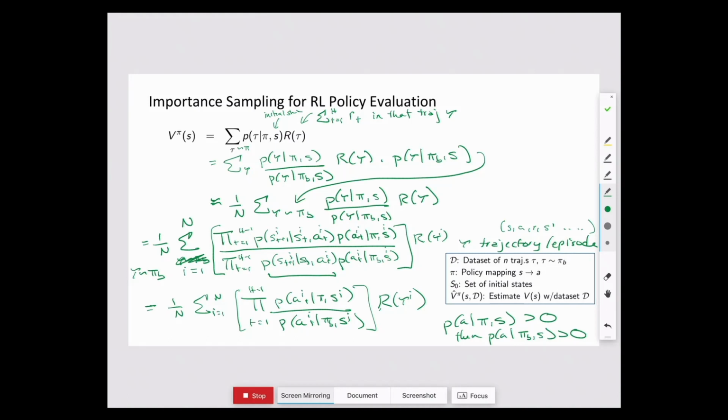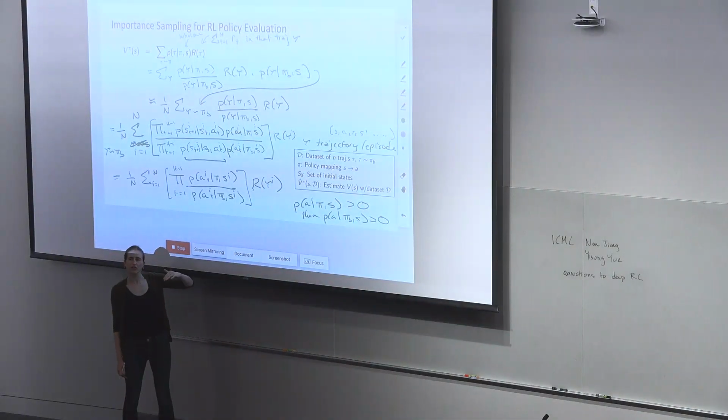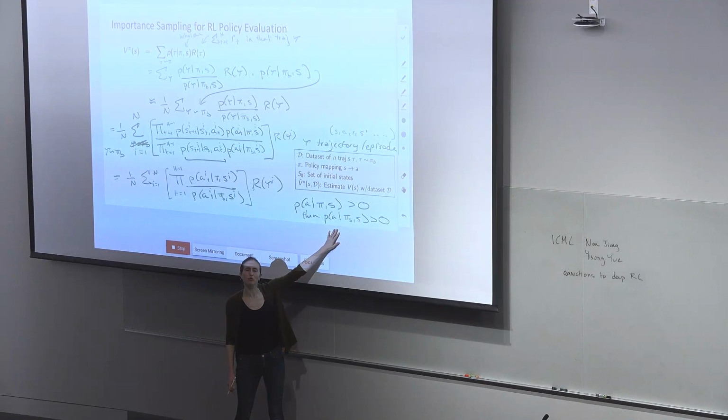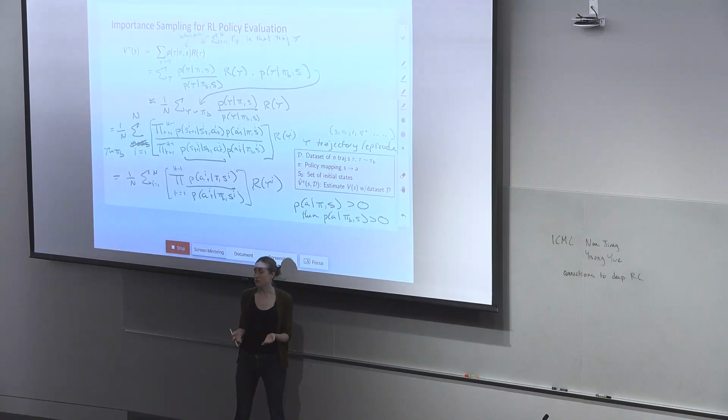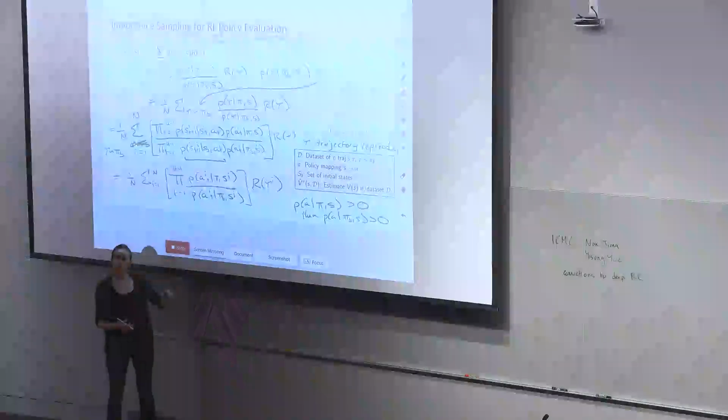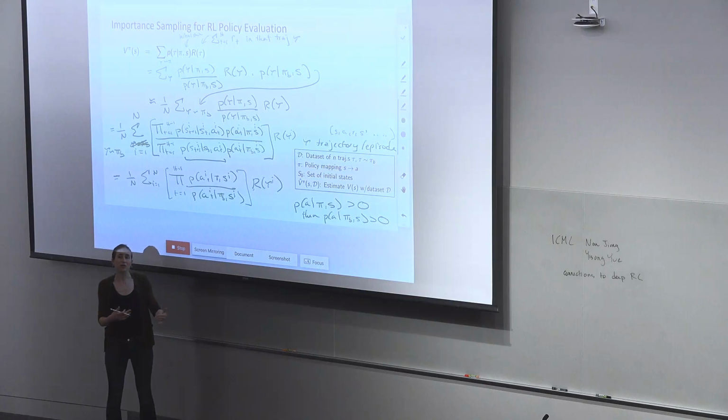If I would sometimes prescribe Tylenol and my behavior policy would never prescribe that, then I'm not going to get a good estimator. We often call that coverage. And the problem with confounding comes in with coverage because you're getting partial aliasing. If you think you have all the states and you don't, then it may appear that this probability is greater than 0, whereas for some cases it's not. For example, for some really sick patients, I never intubate. But because I'm missing that variable, it looks like I do, so my policy thinks, oh yeah, I can fairly evaluate what it would be like to intubate these patients. But in fact, that's where we have zero coverage, and so we get a biased estimator.